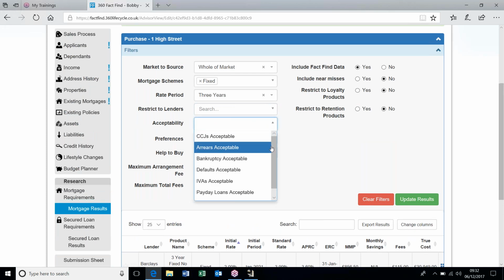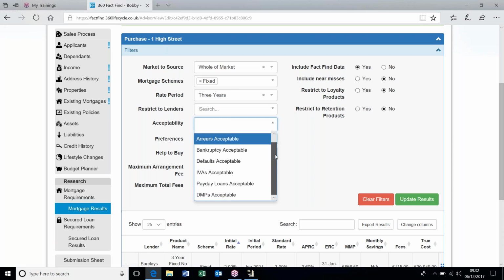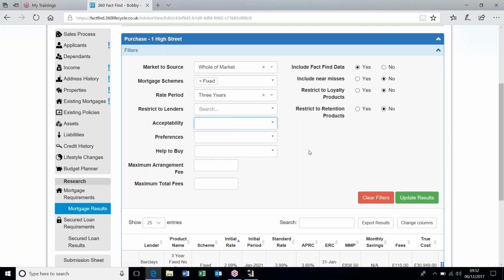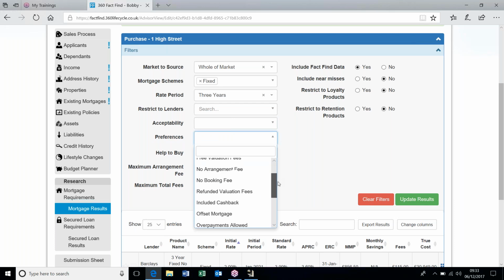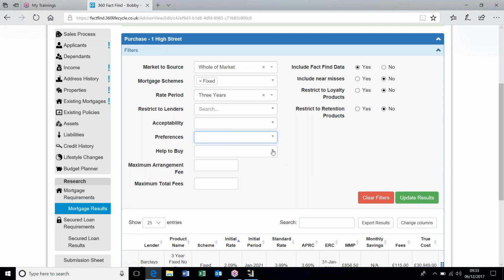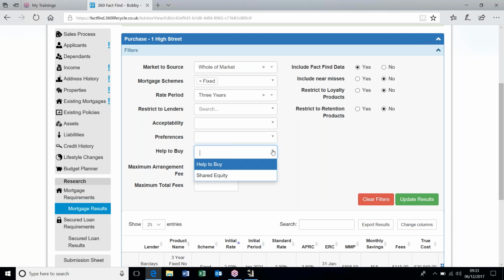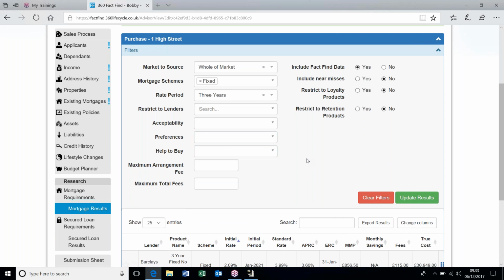You can look at acceptability, so if there's issues with the client's credit, you can look at what about arrears, bankruptcy, default, CCJs. If there's any other preferences they might prefer to have, you can look at things like free legal fees, free valuation fees, no arrangement fees. If we select those ones, that will come through as part of the comparison. And then you've got the help to buy stuff in there as well. So do they want to do help to buy in this instance too, or shared equity? So there's quite a few things on there to look at, but if I update it again back to whole of market,